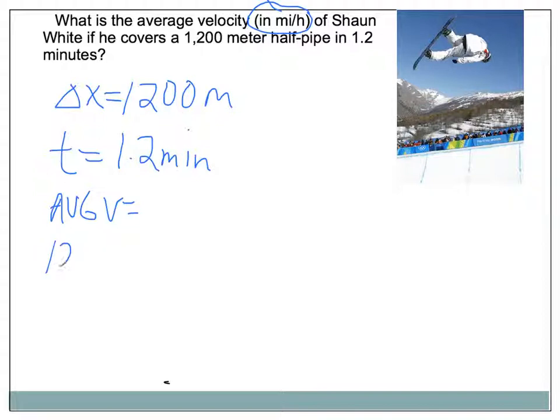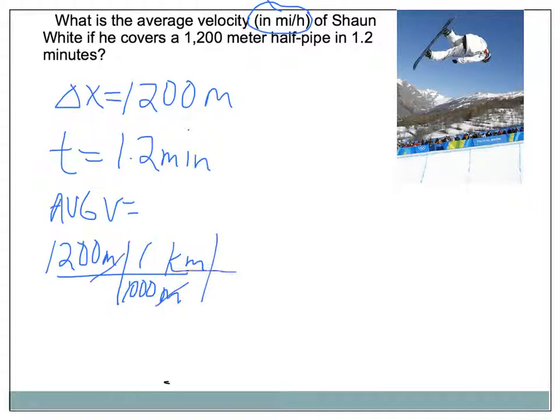So if I was going to convert 1,200 meters to miles, I'd need to go meters to kilometers. So 1 kilometer is 1,000 meters. And then there's 1.61 kilometers in 1 mile. So we would do 1,200 divided by 1,000 divided by 1.61, and that gives us about